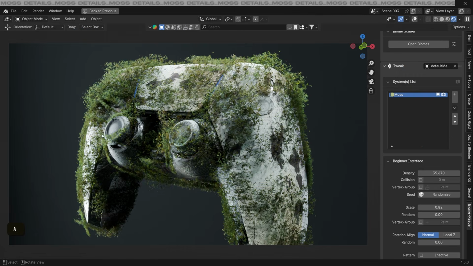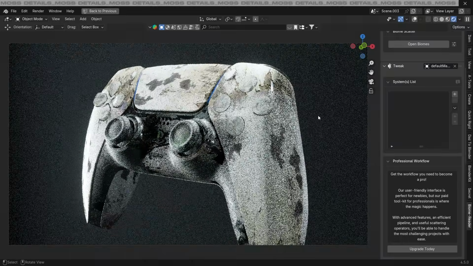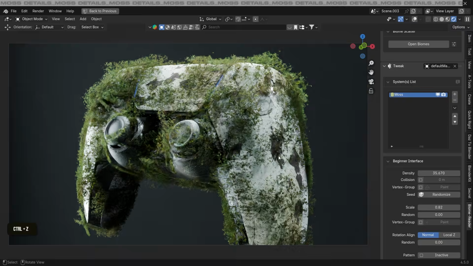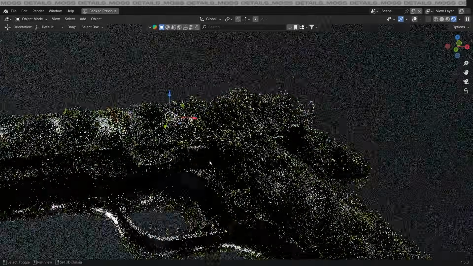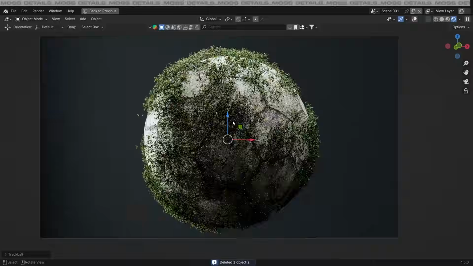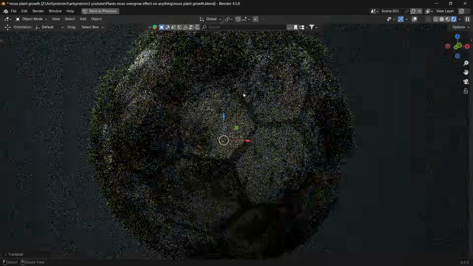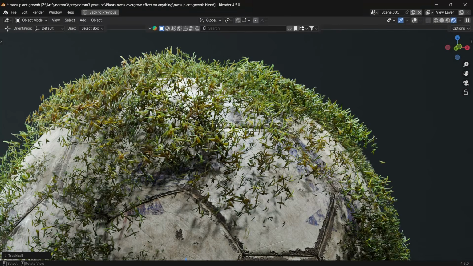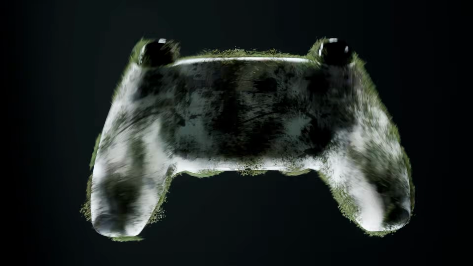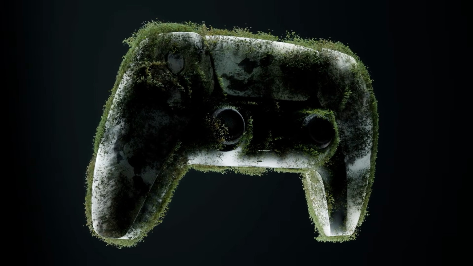And here's how the original model looks like with and without this moss scatter added on it. These same steps can be easily used to add on other different objects and models as well. So this completes our tutorial on how we can convert any simple clean object to look abandoned with moss overgrown